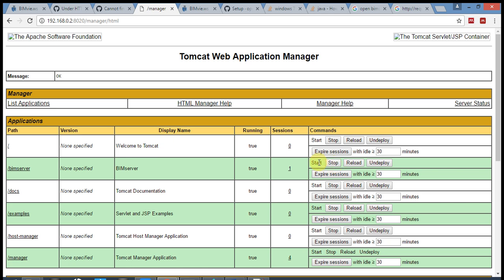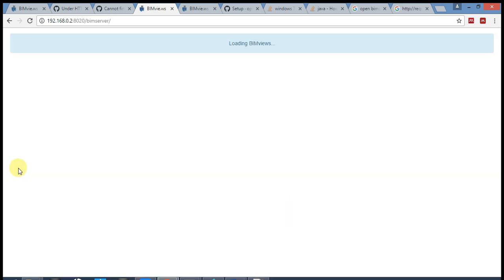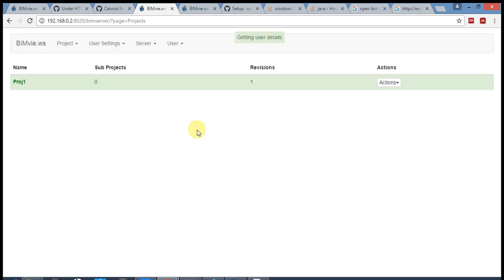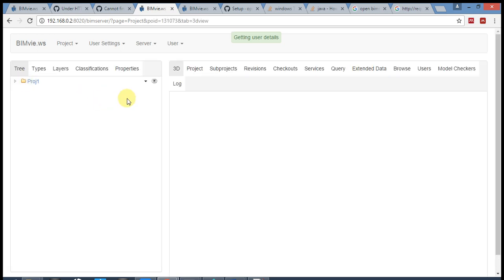Okay, so let's click on Bimserver, and it should bring us to a page where we get to access our pages. I've already logged into Bimserver, so already you can see a project that we've loaded. So basically clicking on the project, in the 3D view we can actually see the model, a beautiful model loaded. Okay, so if you could just do this on one computer, then you could go into another one